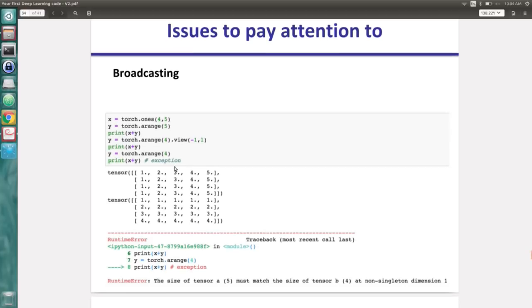Here you see, if I try to add something of the shape of one line of X, it works. If I try something of the shape of one column, it won't work. But if I reshape it so that it's of dimension,